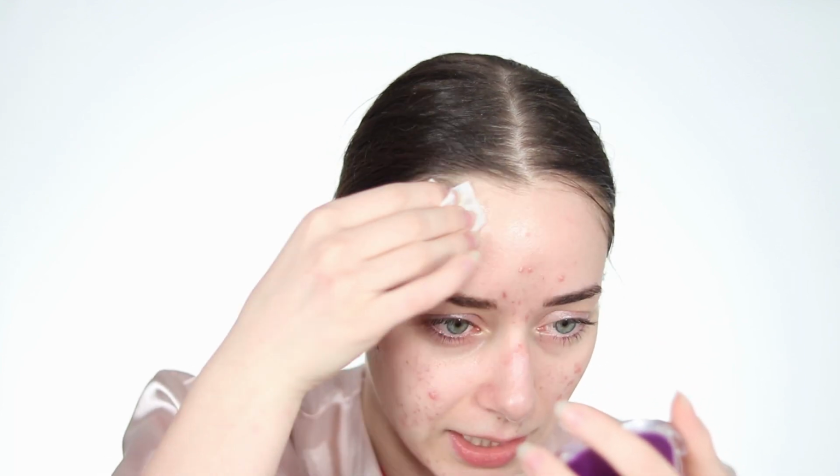Let's jump right into it again. We'll apply it and then wait 2 minutes. And make sure that everything is on my face, on my neck, everywhere that I want this exfoliation, while avoiding the eye area, of course. So let's jump into it. I do put toner to get some moisturizing ingredients in my skin to make sure that it's not irritating to my skin. We will be waiting for 2 minutes and then I'll put the neutralizer on my skin to neutralize